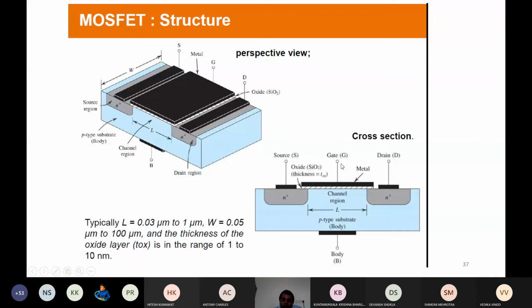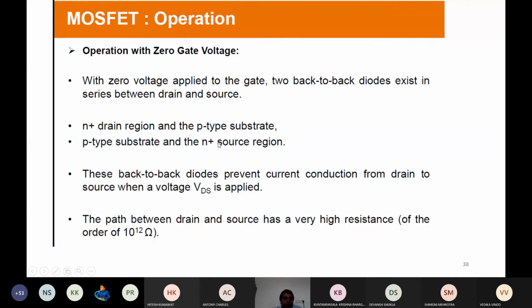So unless the gate voltage is greater than the threshold voltage, there is some barrier. The depletion region is there, which the charges present in the source cannot overcome. They cannot flow. This is why initially no current flows when the gate-to-source voltage is less than zero, or even when zero bias is given. So zero gate voltage or negative gate voltage gives no current.